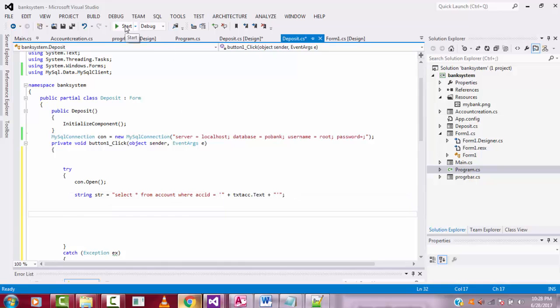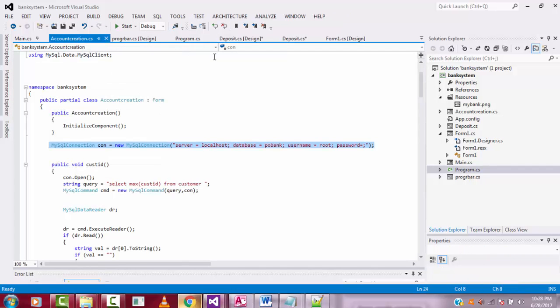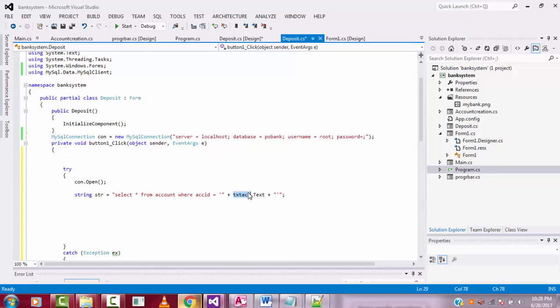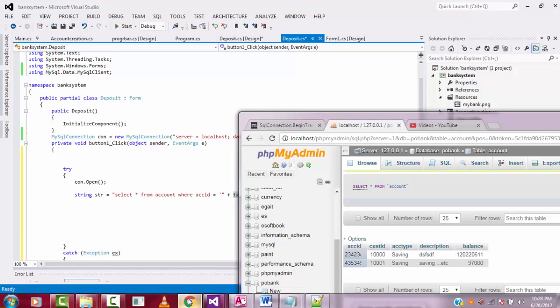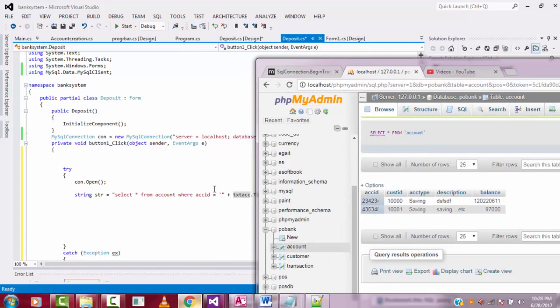When the user types the account number in this text box, back in our coding part, this belongs to the account number. Here, select all from account where the account ID. Where the account ID means when the user types the account number in this text box, it is finding here. Select all from the account table, where the column, this column